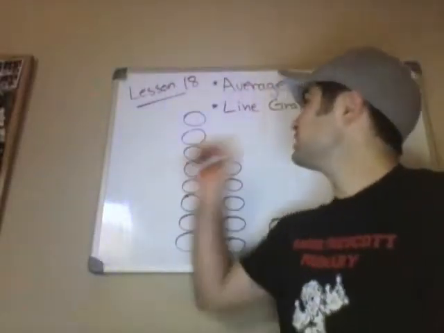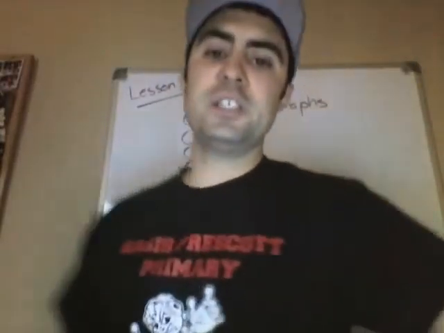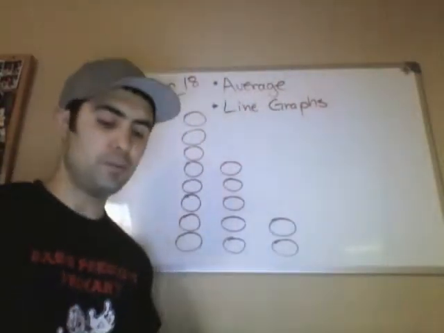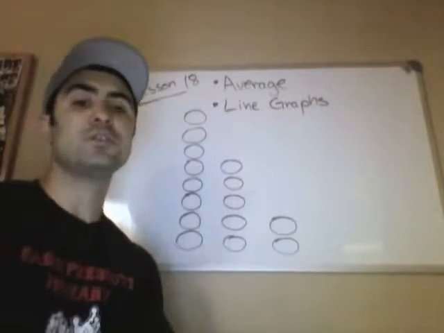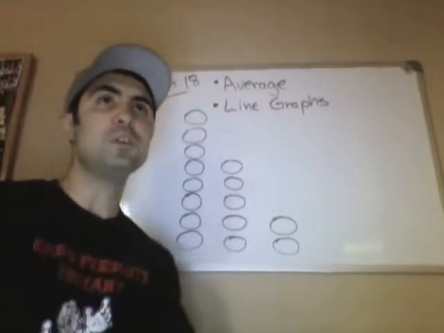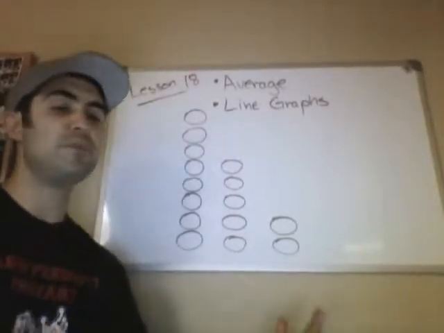Alright, moving along to lesson 18, we're going to talk about averages, and we're going to do a couple problems that have to do with line graphs. Okay, average is a measure of central tendency. If you want to describe a group of numbers,